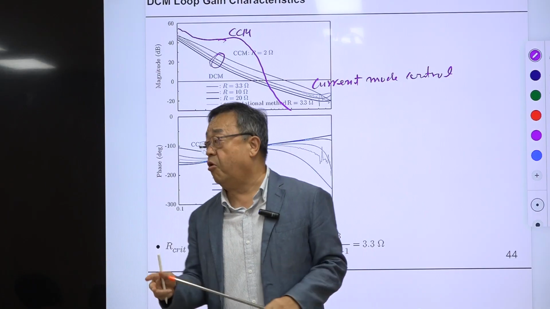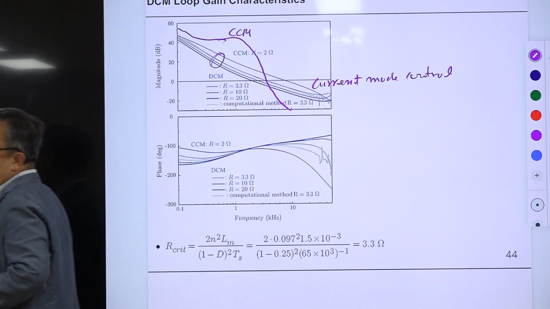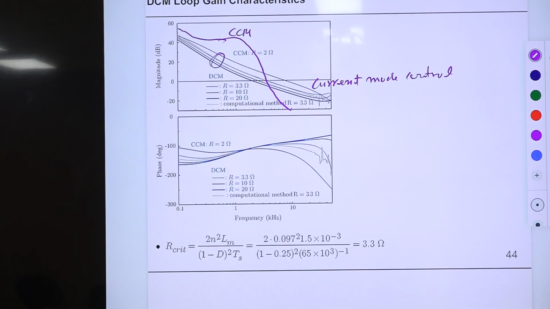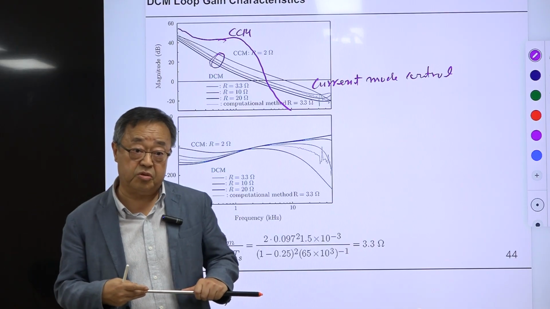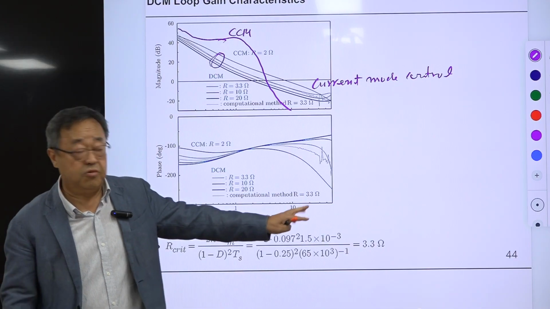Okay, so another advantage of this current mode control is that the sensitivity of converter performance, depending on its operational mode, is much reduced. All right? Okay, so